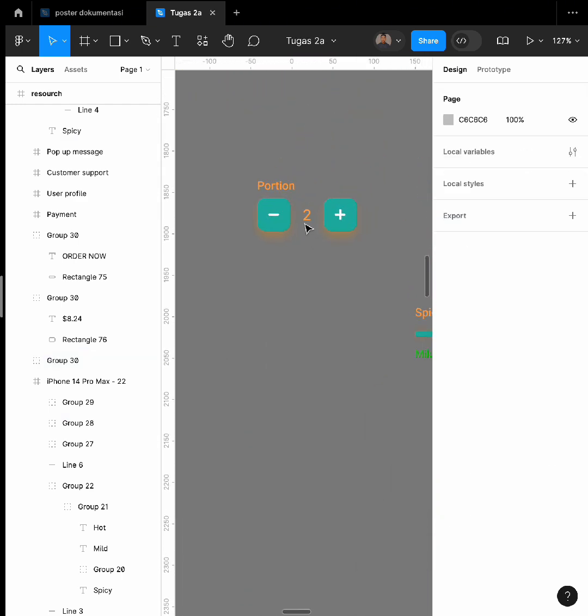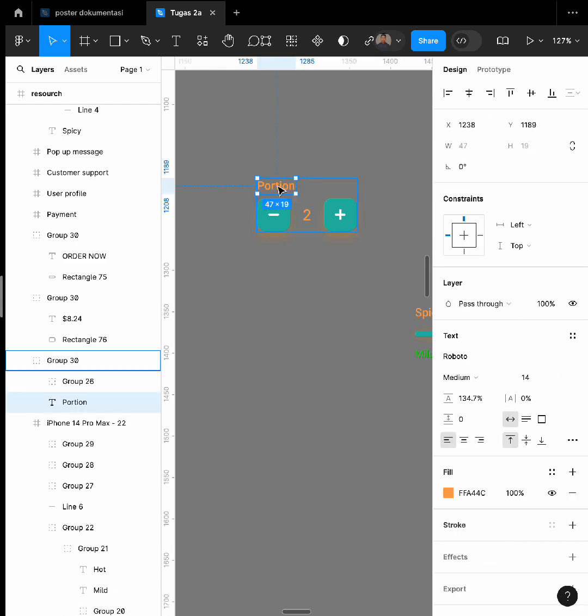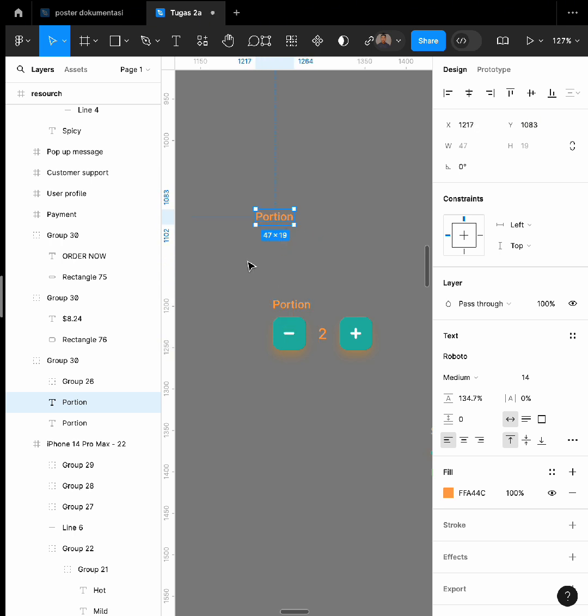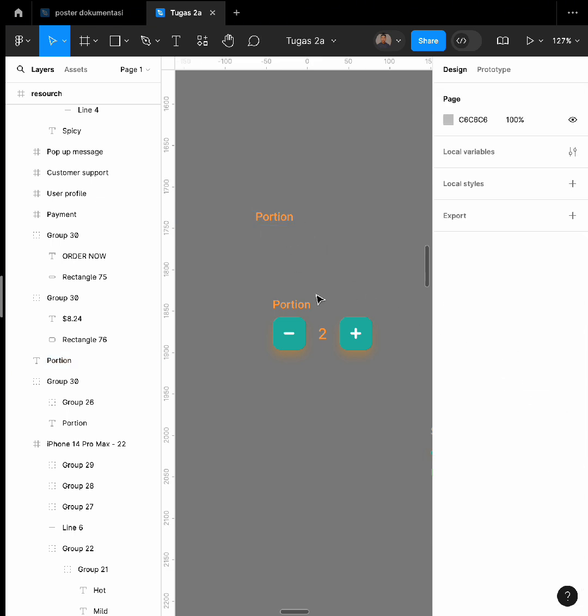The first is create the text first, portion for the portion. And it with the Roboto style and with medium type and size is 14.